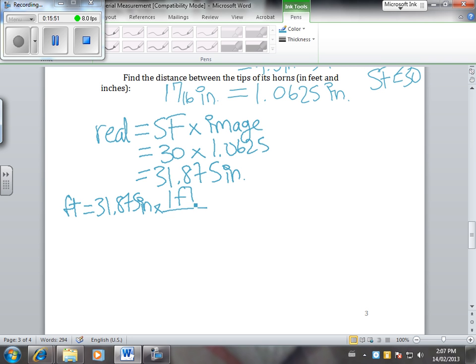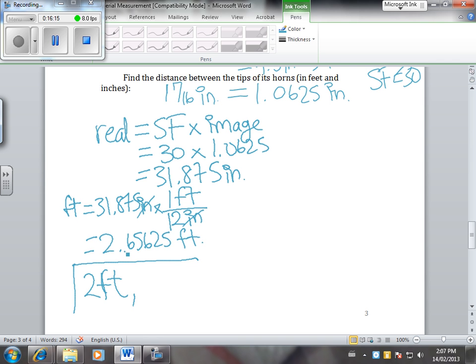In 1 foot, there are how many inches? 12 inches. So we end up with 2.65625 feet. So we have our answer, we'll put it here, and we have 2 feet. And then we have to take this decimal and make it into inches. So if we want inches, we have 0.625